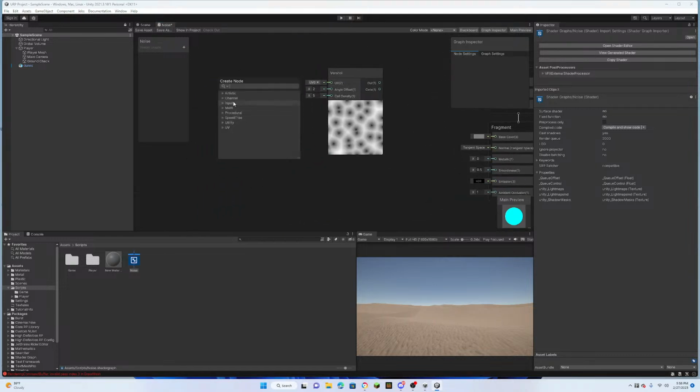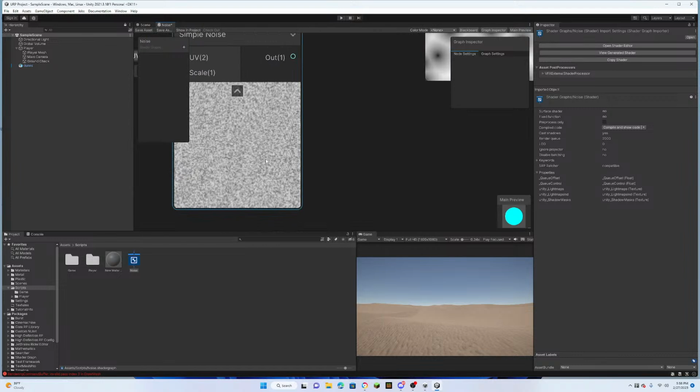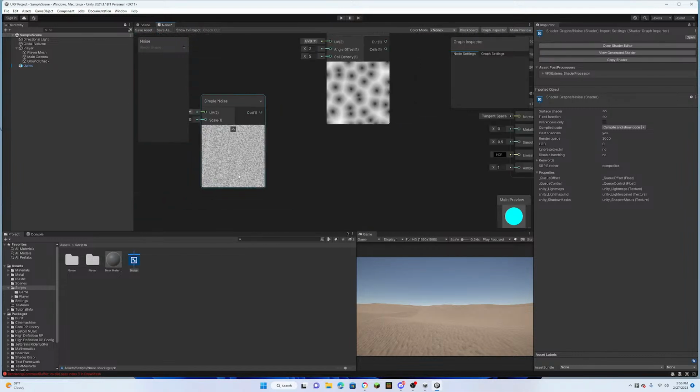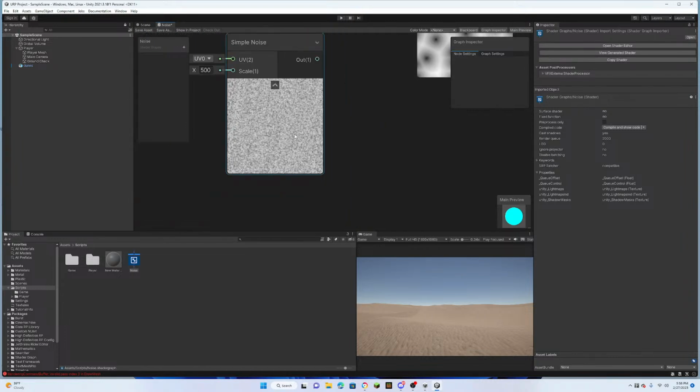Anyways, if I come over here, I can go to input, or no. We need to do another noise, and then you'll see simple noise. This is what noise looks like. That's why I was saying it's not just noise. Noise is, think of a black and white TV screen, like one of the older TVs, how they go black and white. That would be noise. It's constantly changing, but that's besides the point. It's not constantly changing, but I think this is an infinite noise texture. So on the edge of this,